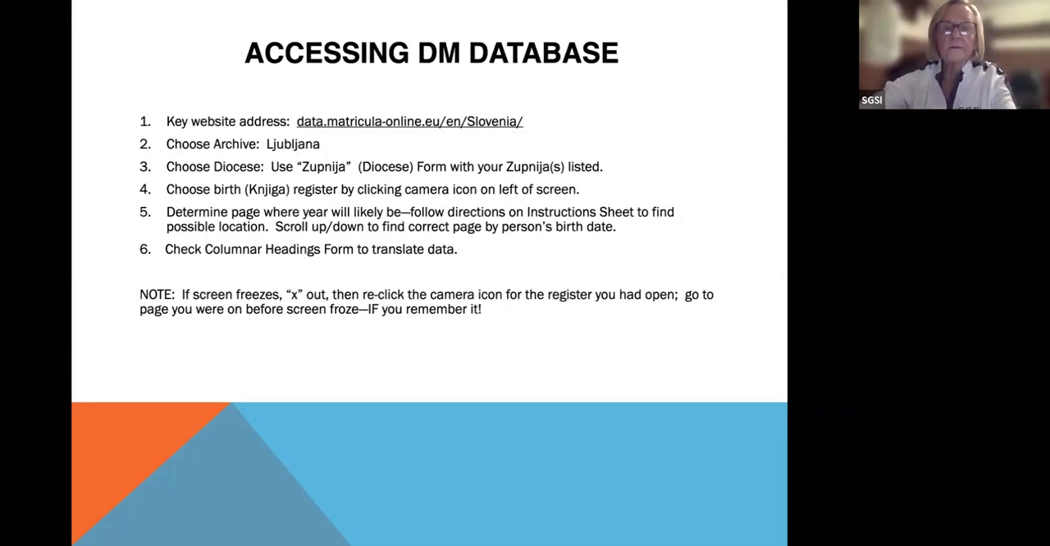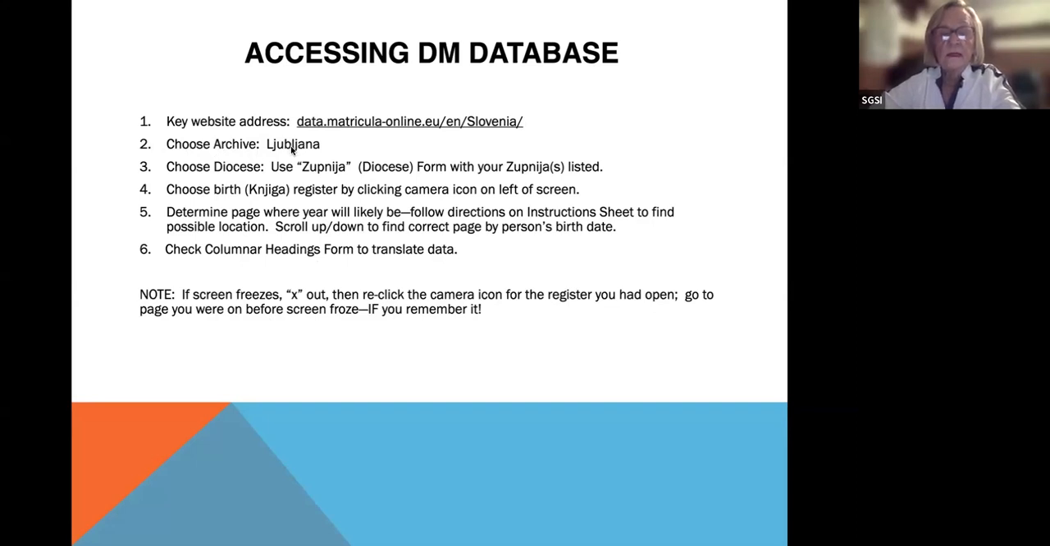Now, the website for accessing the Data Matricula database. I sent you the form today with a little bit longer directions, but this would be my shortcut way of telling you how to do it without having to be afraid to go into it. You key in data matricula online, EU, English, EN for English, and Slovenia with the slash. Then on the screen, it will come up with the 3 different archives, and you would choose Ljubljana in this